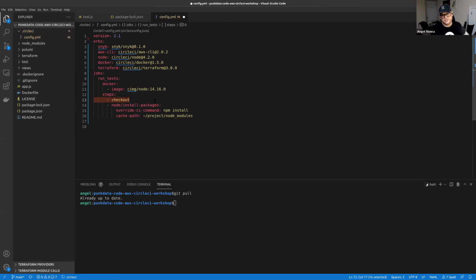The first thing here is a checkout command. This is just an alias for a git clone. So in order for us to run our tests against our code, we need to pull down the code changes that CircleCI detected, right? So again, this is an alias that we create at CircleCI. It just means git clone the current changes, and that's what the checkout command does. Next, we're going to be running